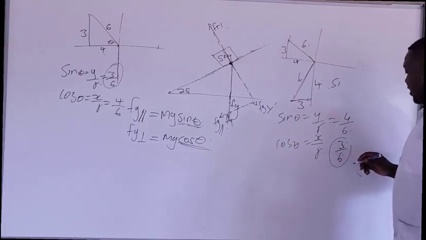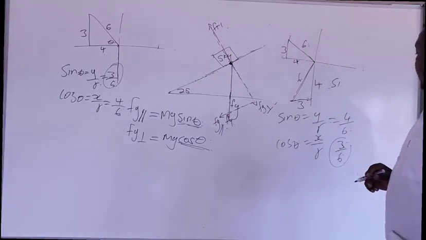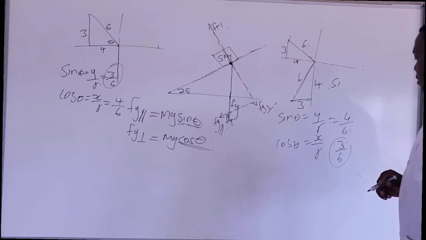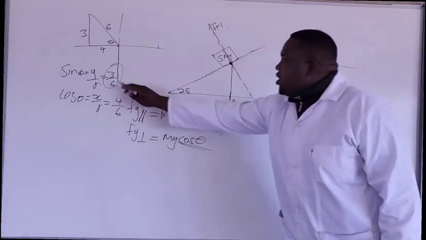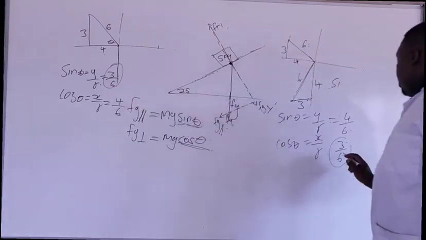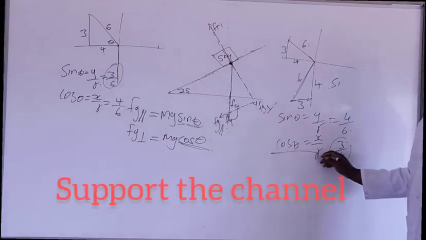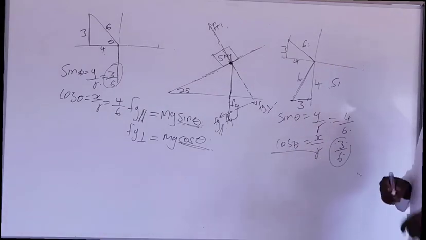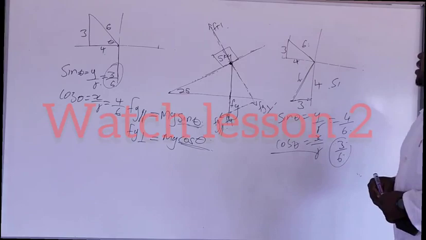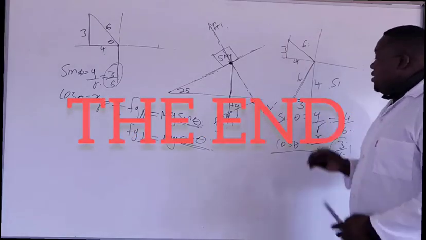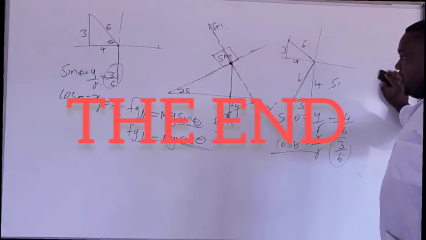So 3 over 6 is sine, and 3 over 6 is cos this side. There is a difference. Can you see that? There is a difference. So